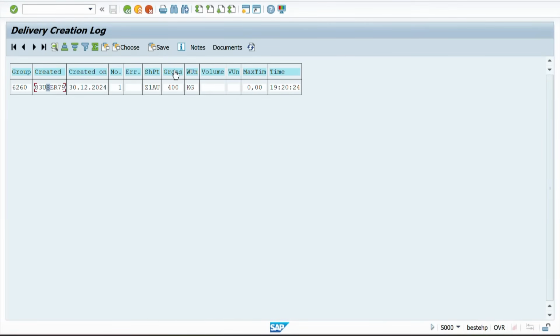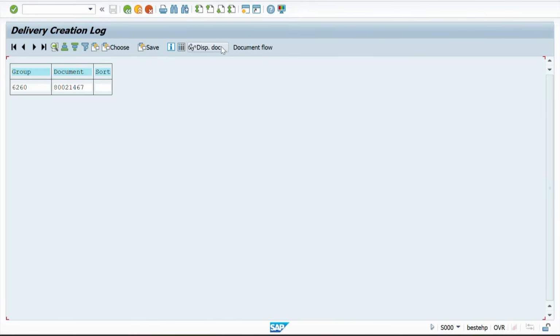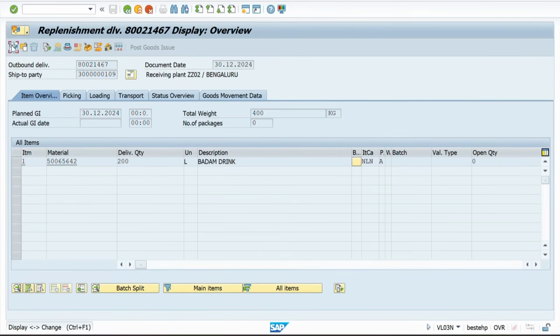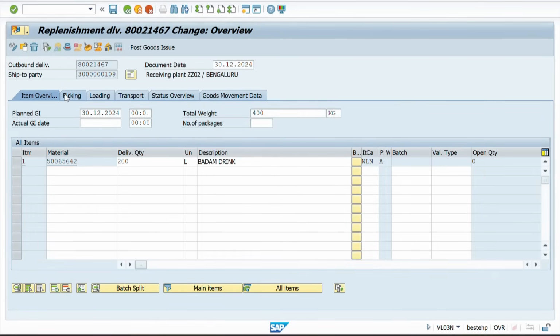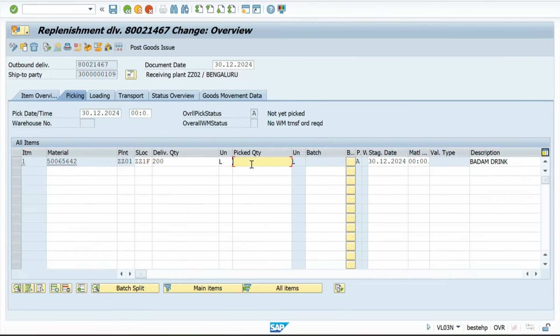Now select this line item. Now click on documents. This is my delivery number. Select this, go to display document, and go to change mode. Now go to the picking tab and enter the pick requirement 200. Click enter and save. Before doing post goods issue, what I will do is go to slash o